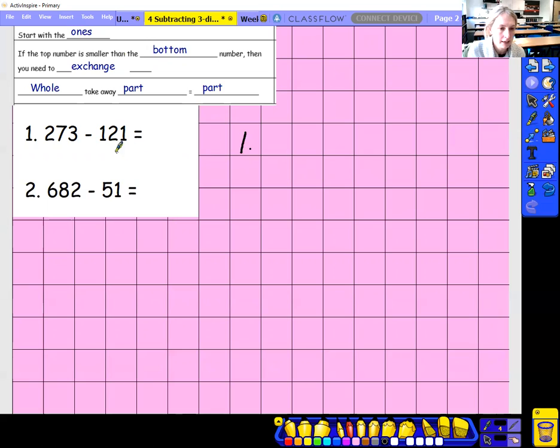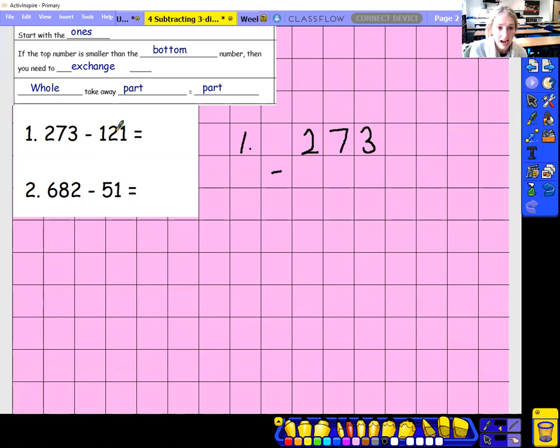So I'm going to write the number. Excuse my numbers being a bit wobbly, it's really hard to write numbers with a mouse on a computer, but we'll get used to it. So I'm going to start by writing my first number. So this is my whole, 273. And then underneath that, if I'm imagining that I've got my columns, I've got my ones here, my tens and my hundreds,